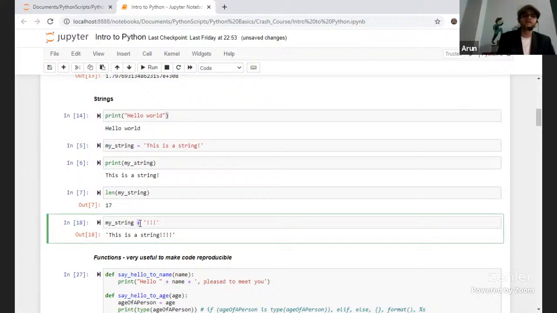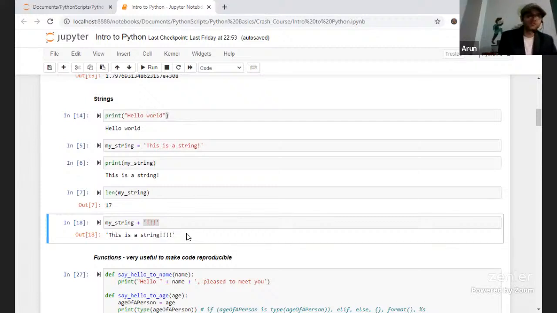Here, two strings are being concatenated: one is my string and the other is 3 exclamation marks. When my string and 3 exclamation marks are concatenated together, it prints the value "This is a string" in the inverted commas along with the 3 exclamation marks, which are appended to the corresponding string.